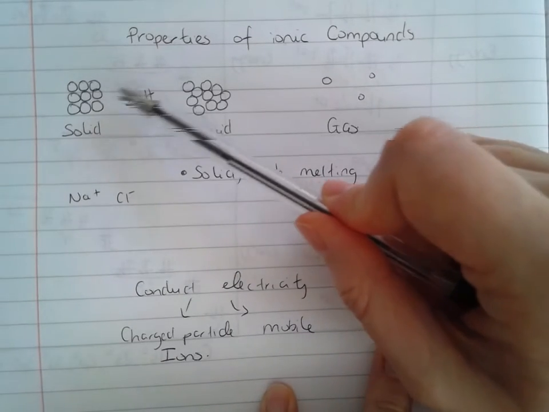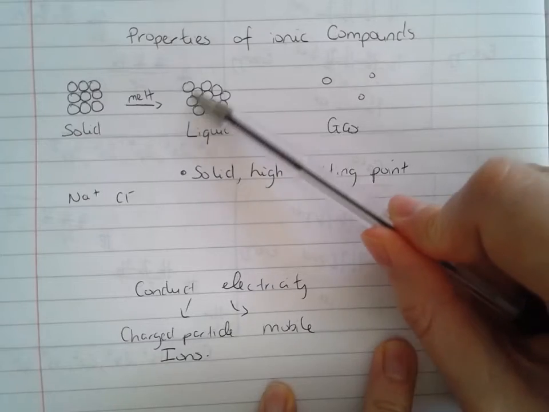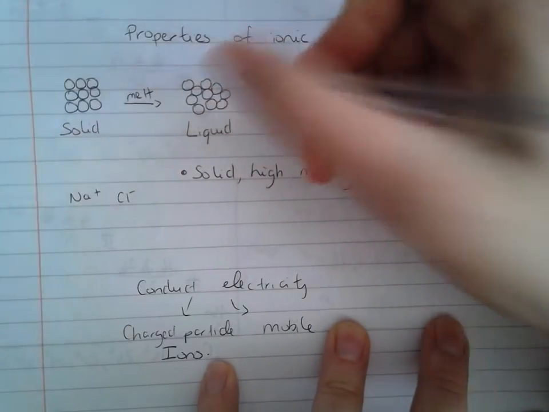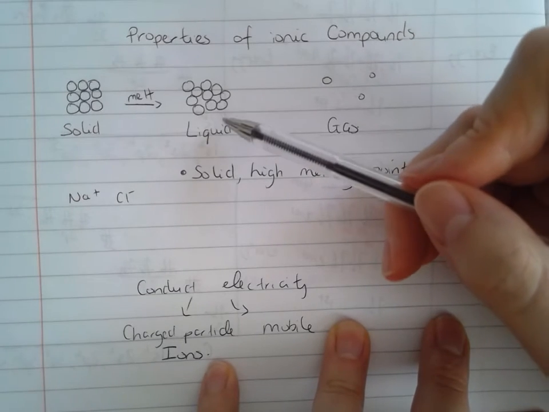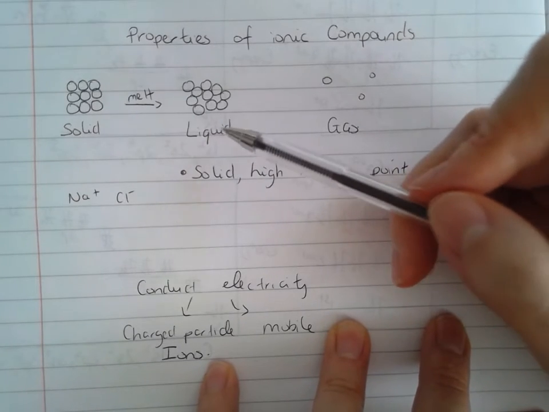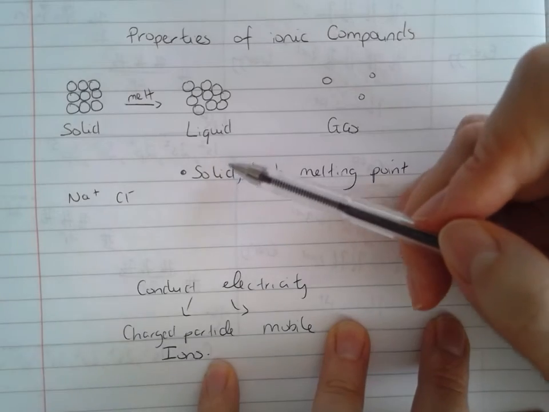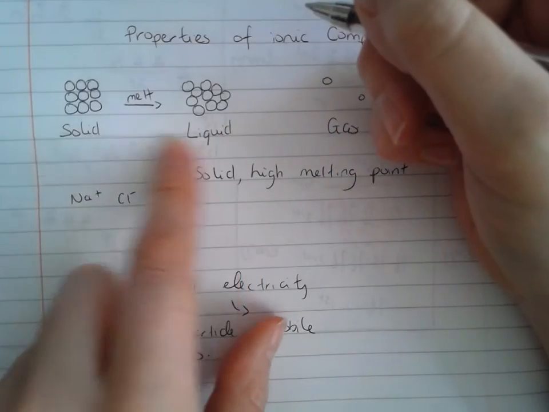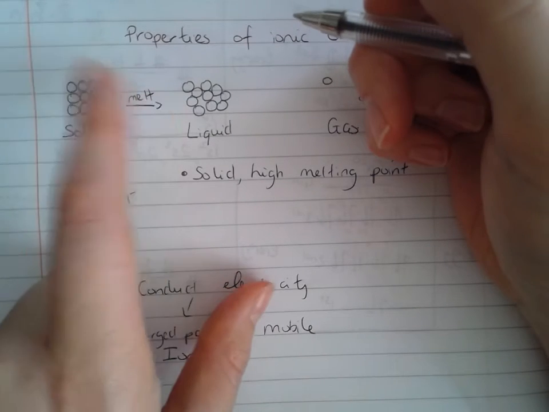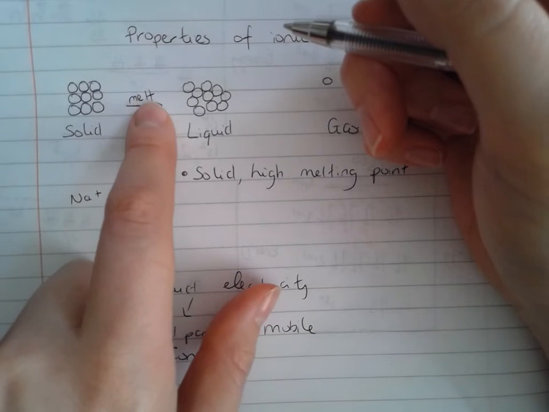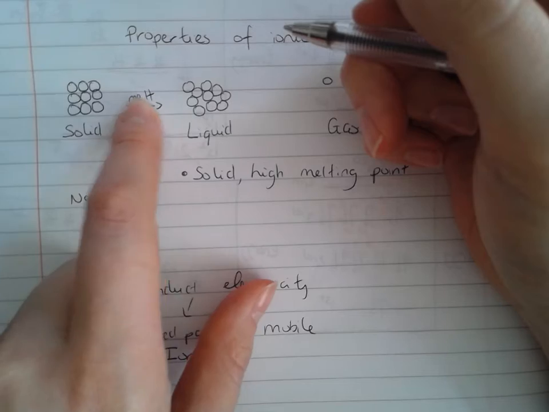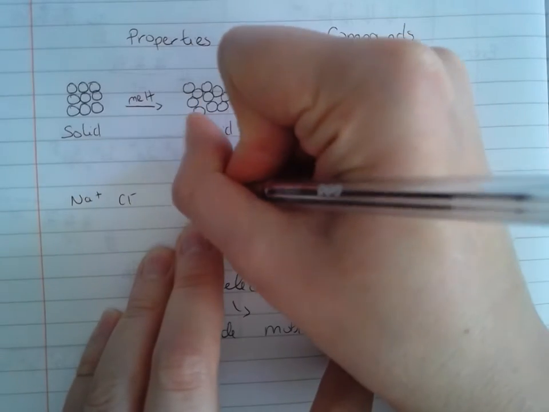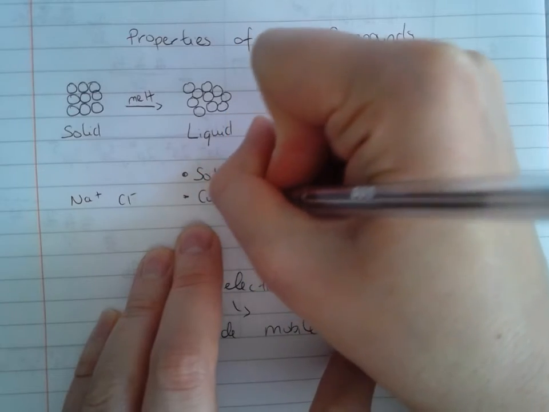If you did melt your ionic compound though and put it into liquid form, you would still have your charged particles, you would still have your ions, but in liquid form, those charged particles would be able to move, and therefore they would be able to conduct electricity. There are two ways to get an ionic compound into liquid form. We've mentioned one already. You can melt an ionic compound. The second thing you could do would be to dissolve it in water. So I'm going to write that they do conduct electricity,